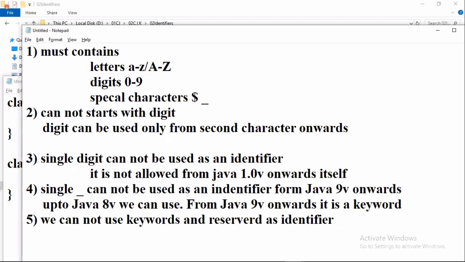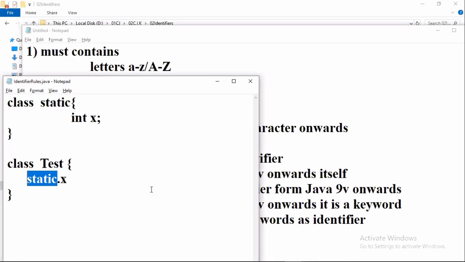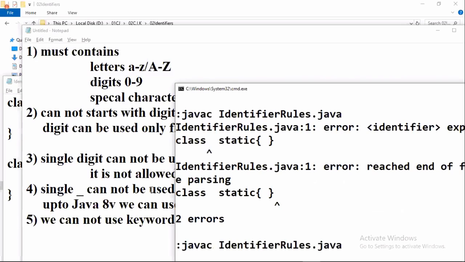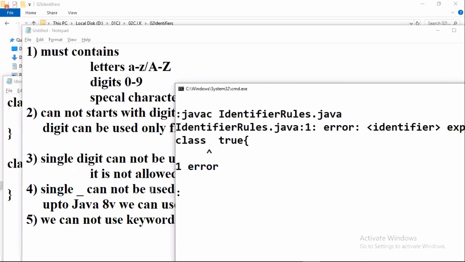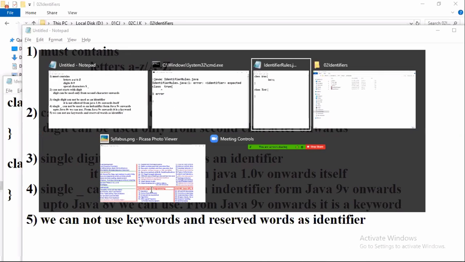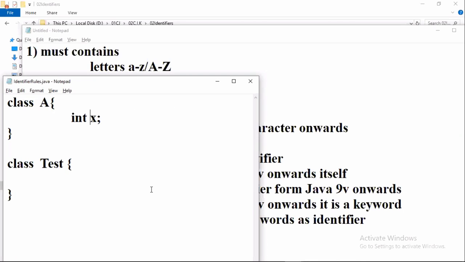Keywords and reserved words, we cannot use as identifiers. What is a reserved word? For example, we have a reserved word called true. If I use true as an identifier, the compiler will throw an error. Why can't we use that reserved word? Because it is a value or a class name, so there is confusion. For example, here I am taking true equal to 10,